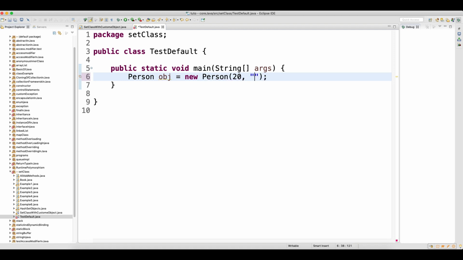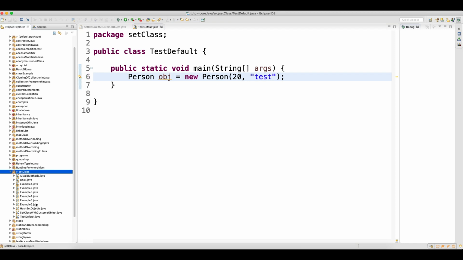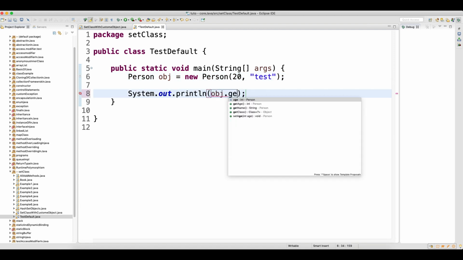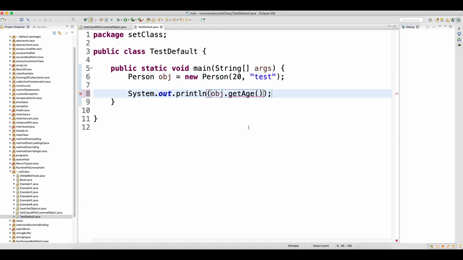So write just test. Okay, I'm able to do that, right? You can see that we are in the same package. I'm able to do that, and I can also call obj.getAge. This will work fine, there will not be any issue.